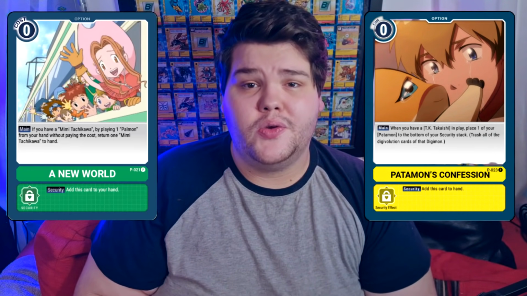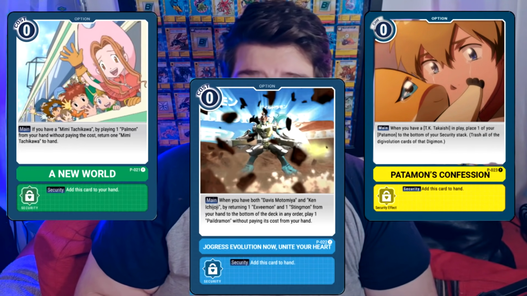Number 3 on our list is something a little bit different. So far, we've talked about references that are one step removed, that you have to know a little bit about to get the callbacks and Easter eggs. These cards are no messing direct screenshots from fan favorite parts of the anime. Patamon's Confession, A New World, and Jogress Evolution Now are all cards that were created as a result of a Digimon fan contest. Fans were asked for their favorite moment from Digimon Adventure, Adventure 02, Digimon Tri, and Last Evolution Kizuna. I don't believe we've seen the Last Evolution Kizuna card, at least at the time of this upload, but